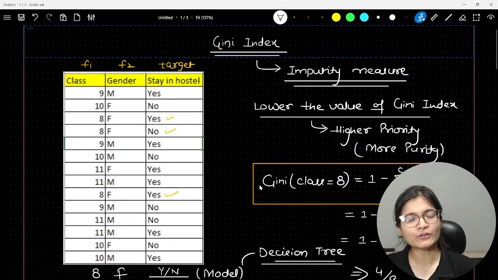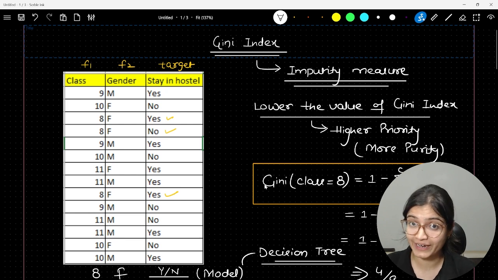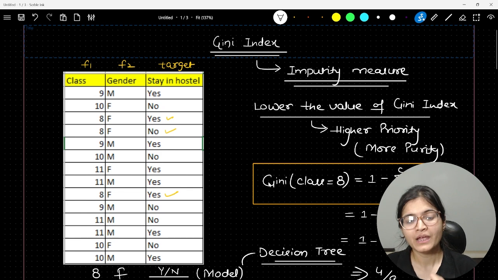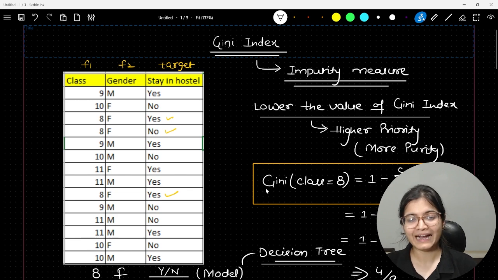What is that? We will try to cover that part in our upcoming session. Entropy and information gain. Again, it's a very crucial step. One of the widely asked interview questions is at what point of time we should go for Gini, and at what point of time we should go for entropy as an impurity measure, and what is the major difference between these two. So once in the upcoming session you get a clear understanding of entropy, then I'll try to create a dedicated video for these two differences, and via proper plotting representation I'll try to showcase the differences, so that in future you will never forget these two concepts in a decision tree.